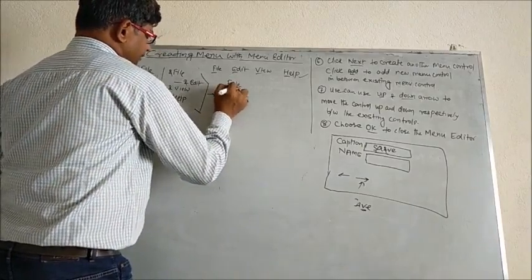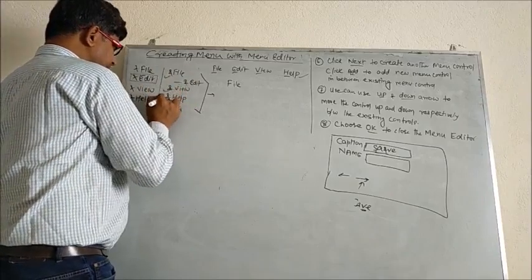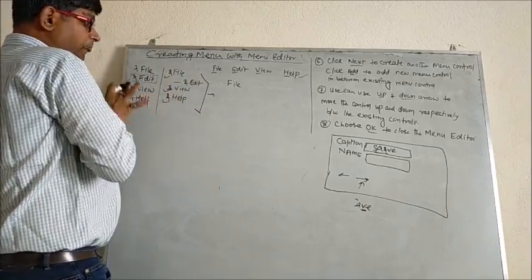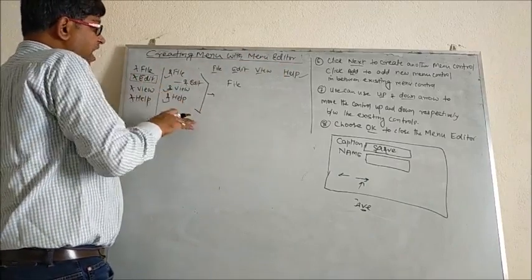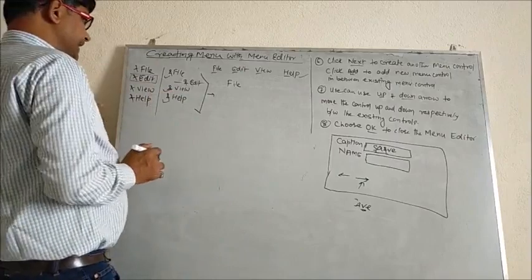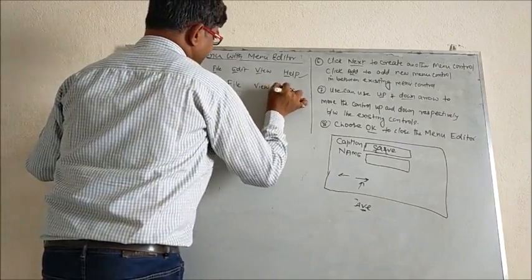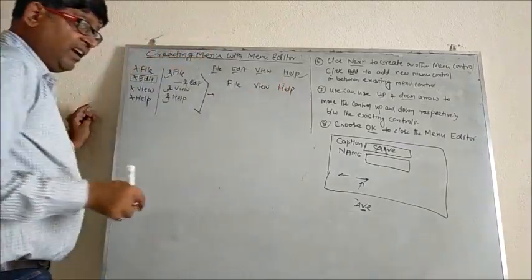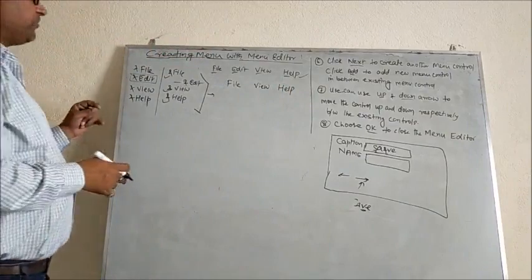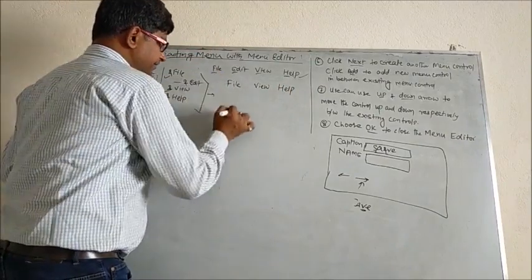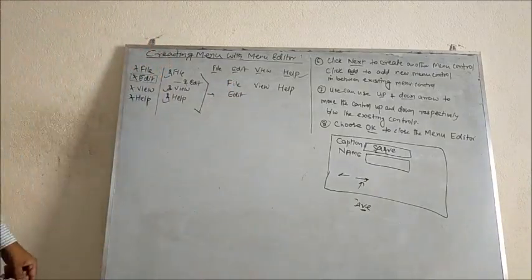First thing will be your file, okay. Now how many menu titles will be there? There will be only 3 titles, right? Previously there were 4 titles, 1, 2, 3, 4. Now there are only 3 titles because edit has now come under what? It has come under file, right? So after file, view, and after view, help. Now you will ask me, sir, then where will edit go? As you click this menu title, you will find that under file, inside file, your edit has gone.